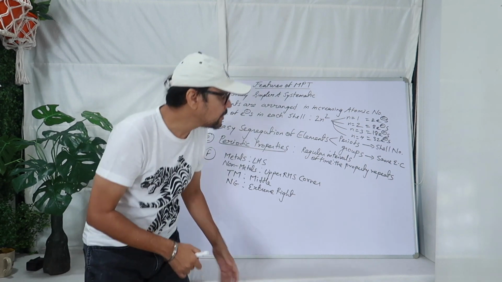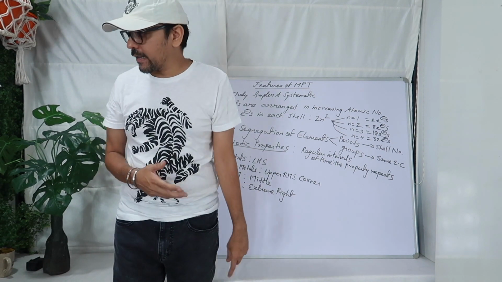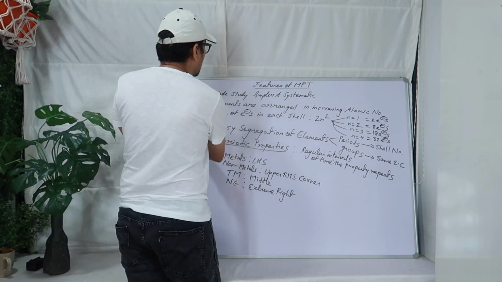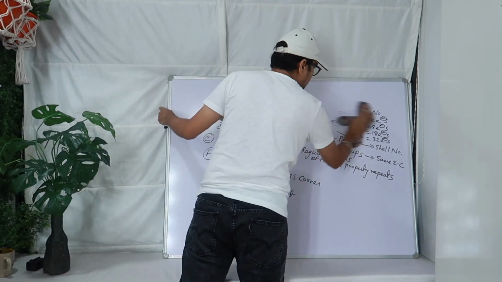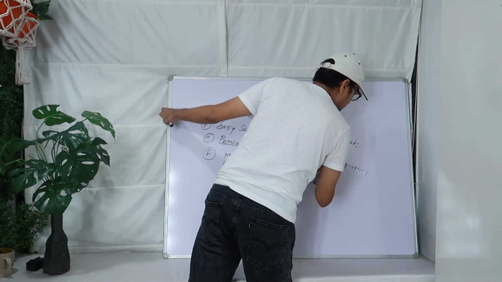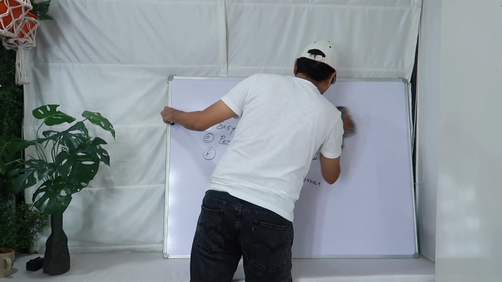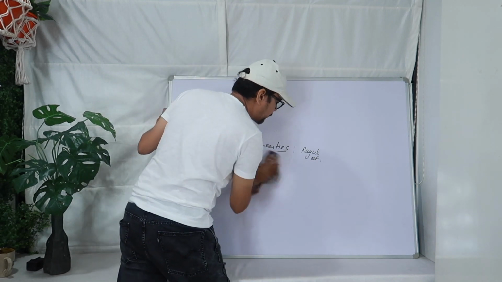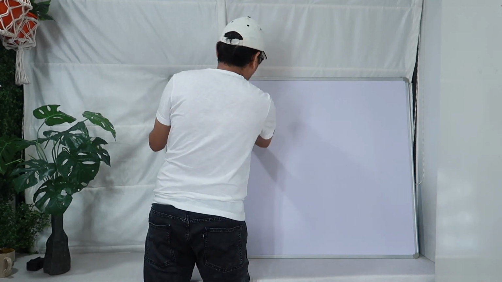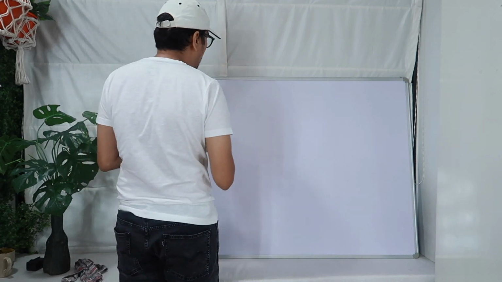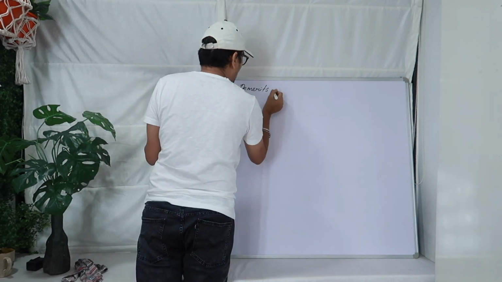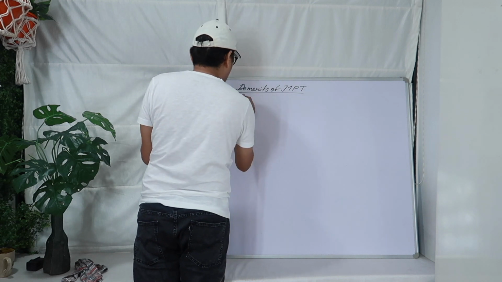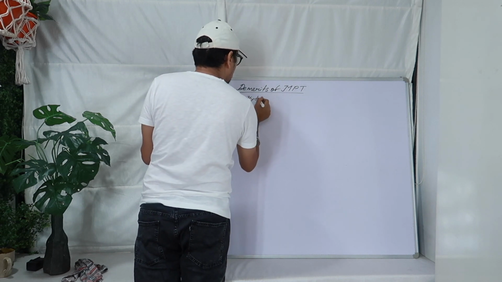Then you come to the demerits of modern periodic table. Now when I am talking about demerits, there are only 2 demerits of the modern periodic table. ठीक है? तो modern periodic table में ज़्यादा कोई disadvantages नहीं थे, but 2 disadvantages अभी भी हैं, and those 2 disadvantages you have to know it very well. First disadvantage is what? First we write demerit of modern periodic table. First demerit is hydrogen